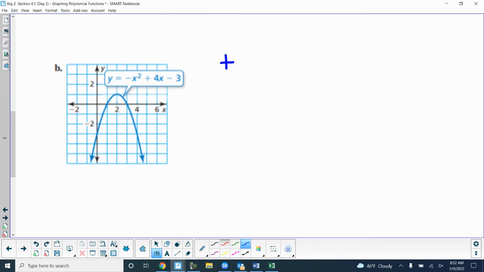Positive will make blue, negative will make red, increasing will make green, and decreasing will make purple. Okay? So where it's positive is above, right? So this blue area. Okay? So where we see these